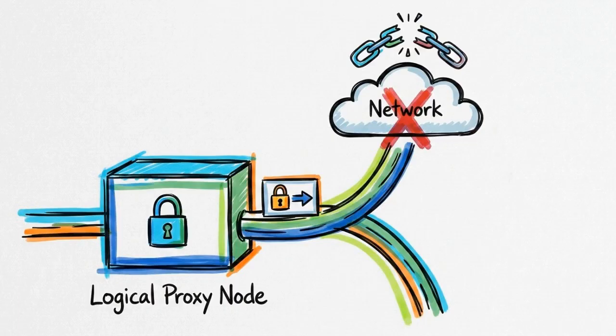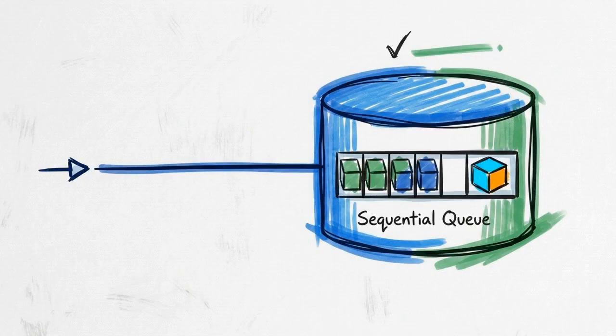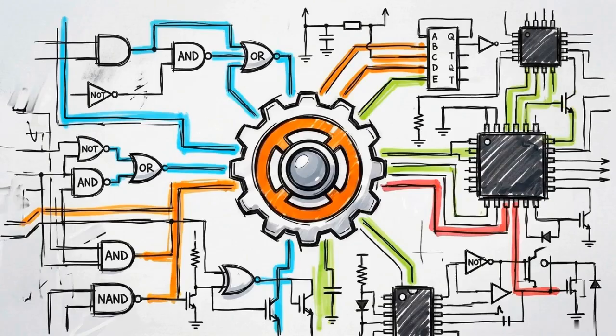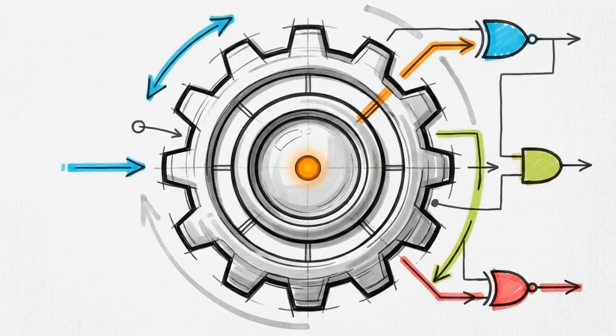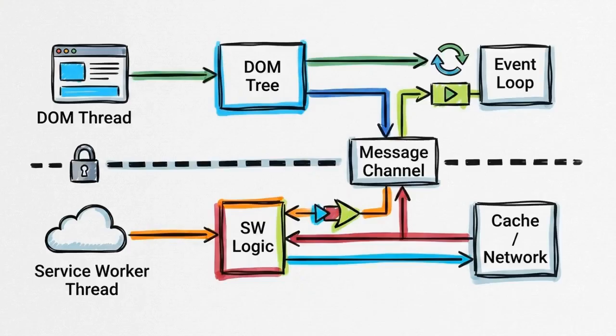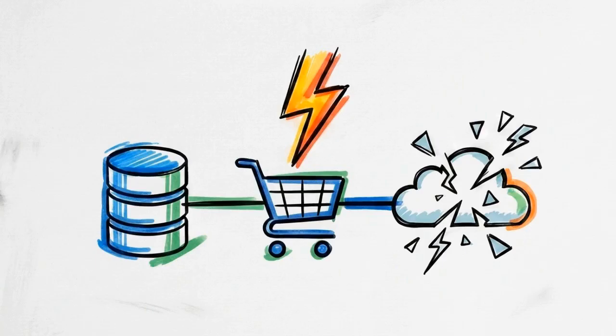During an offline state, the service worker physically intercepts outgoing API calls. Instead of letting them drop into the network void, it reroutes these payloads, appending them as mutations into the local IndexedDB queue. Recovery is handled by the browser's native background synchronization API. This system registers a one-off task that lies dormant until the operating system detects a stable internet connection. Because the service worker runs in an entirely separate thread from the DOM, this background sync executes independently. It will successfully fire even if the user has closed the application tab entirely.